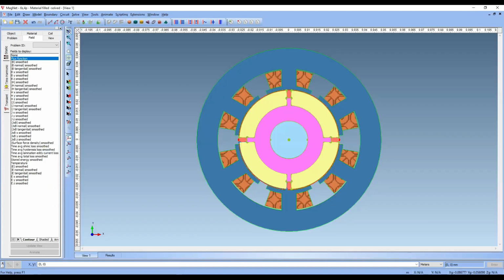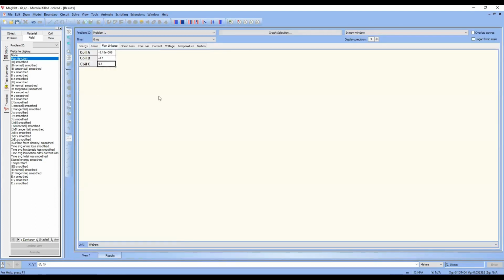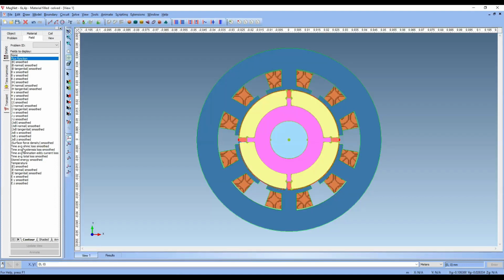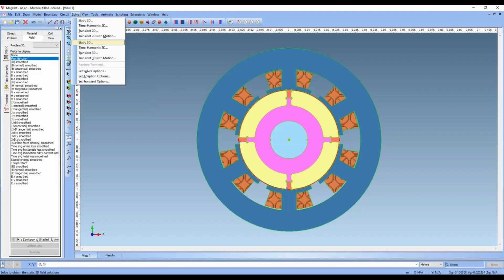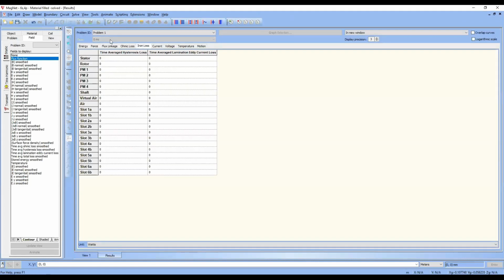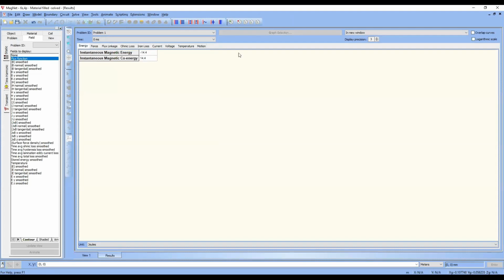Coming to this, as it is a solved model, we are not able to view the flux portion in this, because it is coming in the result formation here itself. To view the flux portion, you have to solve it again, and then only you can take it. If I solve it now, it will take nearly half an hour, or 15 minutes. So it will take time. So I have shown how to view this flux portion in a different model, the same model only, which is not solved. Then you take all your results like this, and you are done.